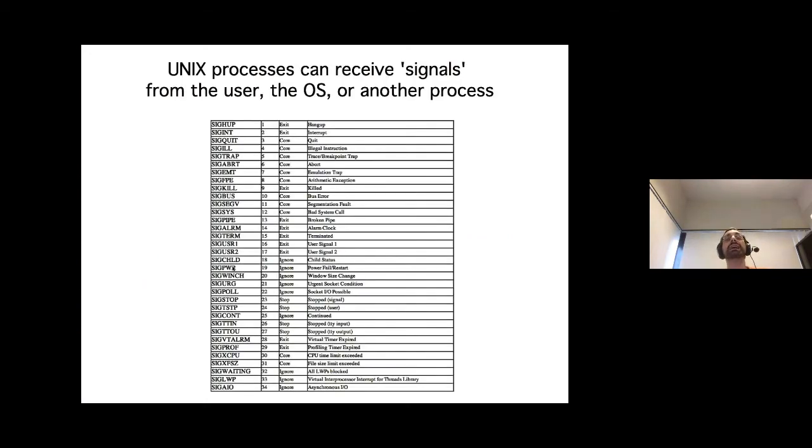And in Unix, any process can receive signals. And you are probably already using signals, and actually I already did in front of you. Signals can be used by the user, and you are doing that probably a bit every day, I mean, if you know a bit of Linux. But what I did in front of you was to kill my program with Control-C. And that's a signal which is called SIGINT, which has the number 2. And that's information that the program receives. It says, oh, the user wants me to quit.